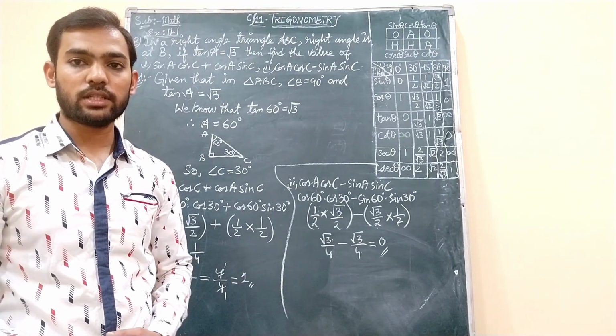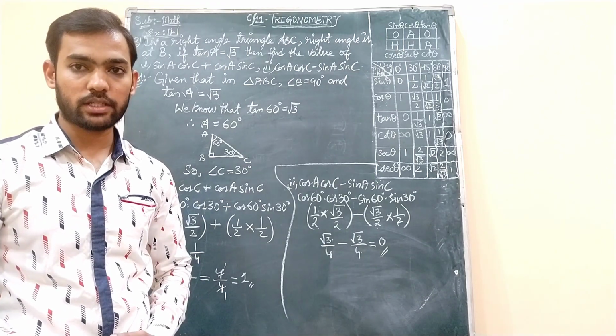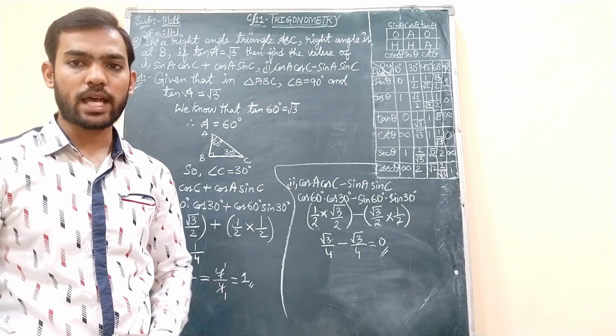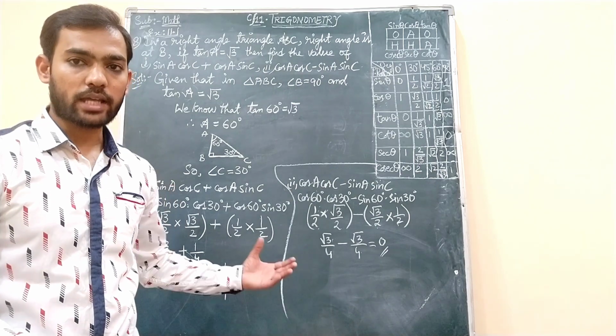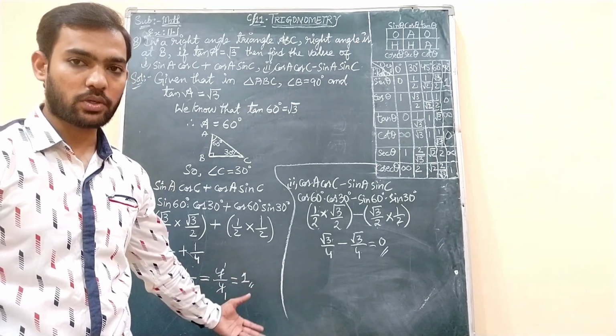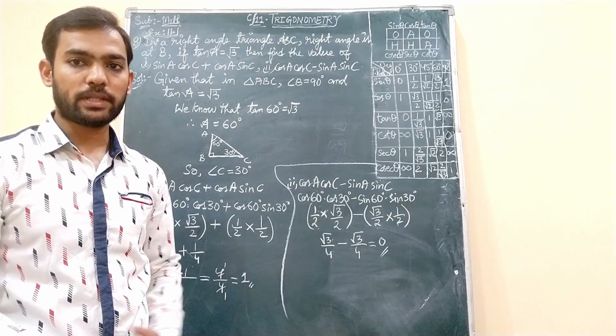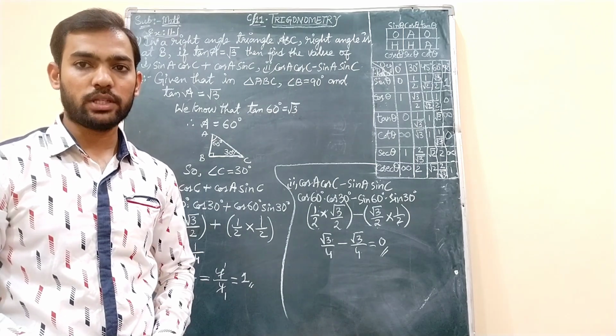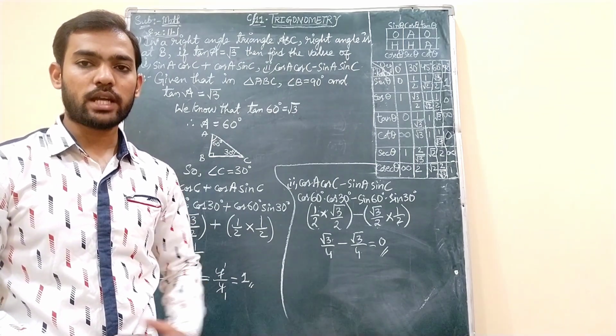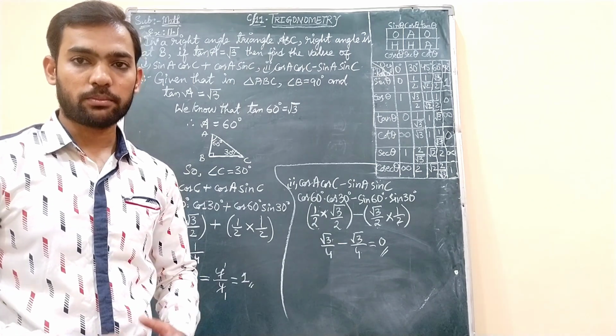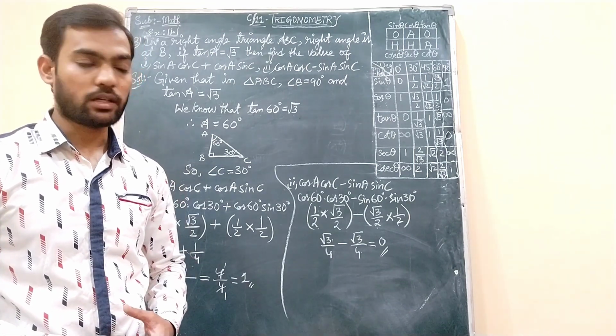In the last class we have done 3 problems, and 2 problems I have given as homework. So if anybody has not done those homework questions, I think by the end of this exercise, you people have learned how to find out the solutions of those 2 missing questions. So those 2 homework problems you have to do compulsorily on your own.